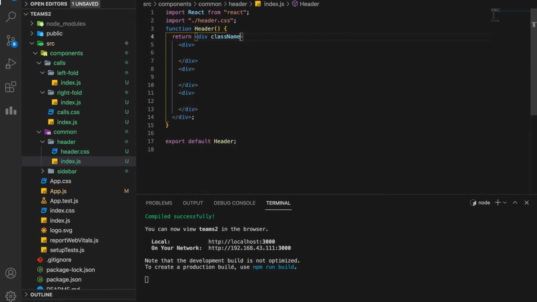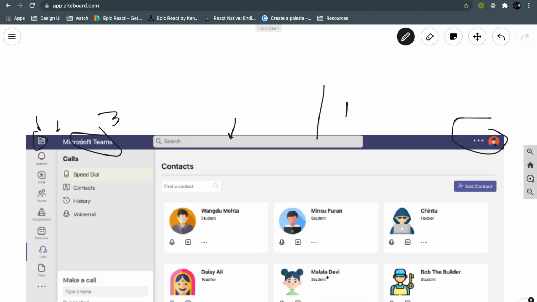Every time I give my parent the same name as my function component, so this is going to be header. Now this is going to be the header menu, this is going to be the header left fold and this is the header right fold.